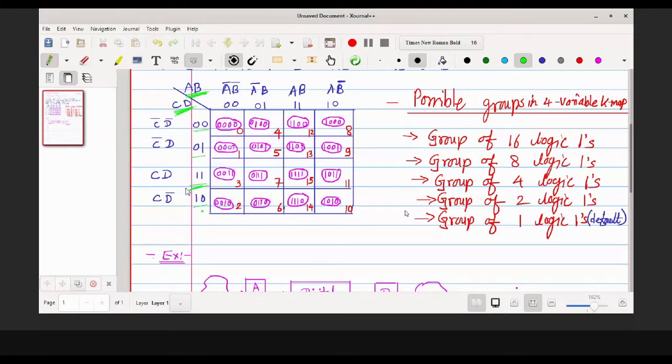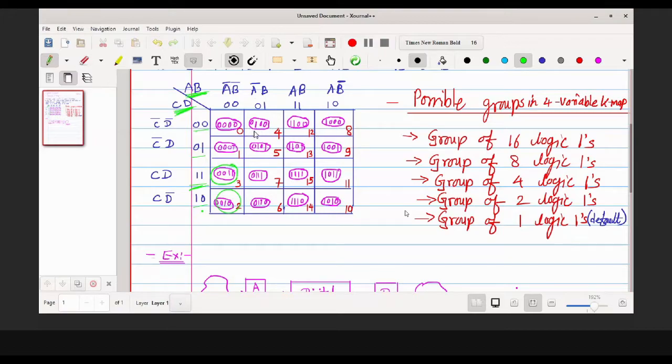0 0 1 0, that is A bar, B bar, C, D bar. So here it is this one, and the last in the first column is nothing but 0 0 1 1, that is A bar, B bar, C, D. And the same way you can see that the numbering has been given to you, and accordingly you will find